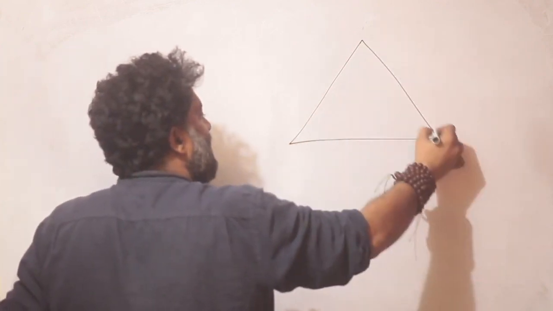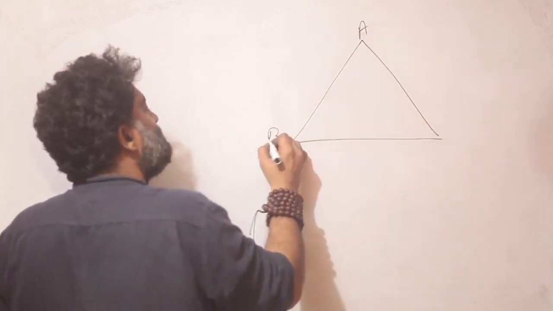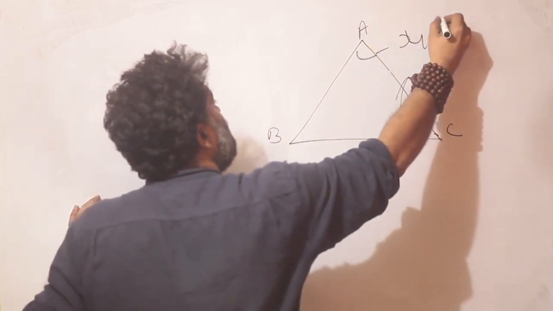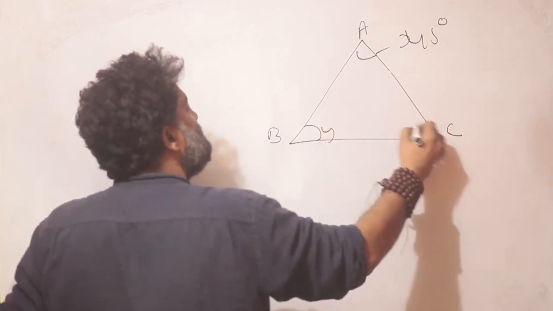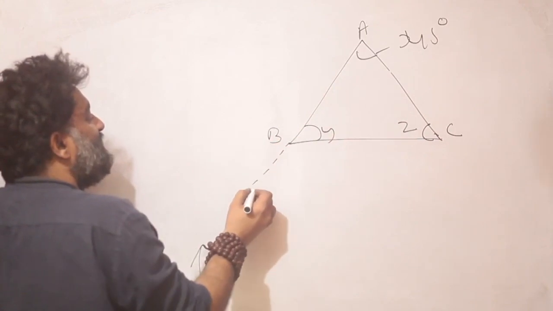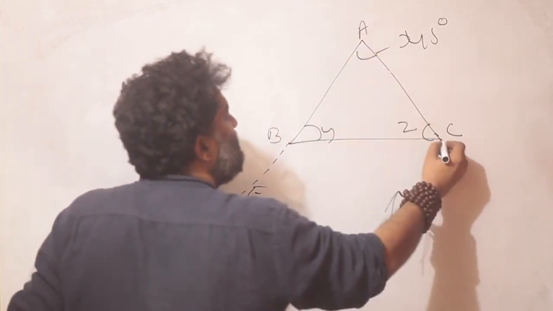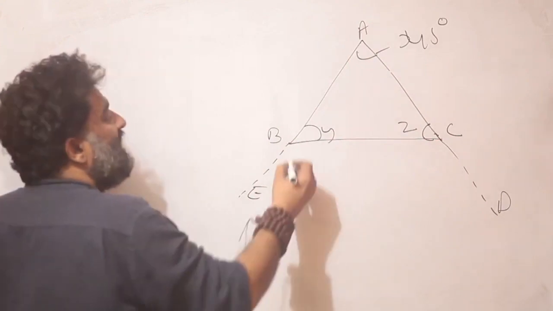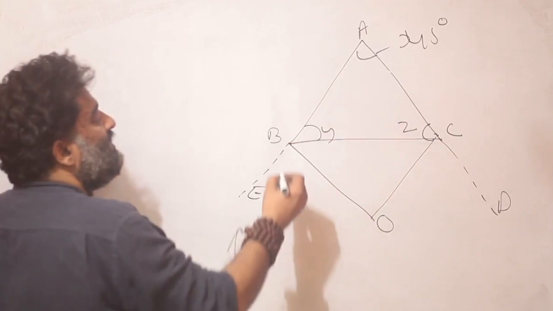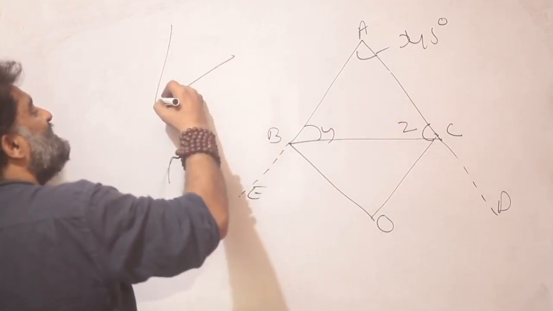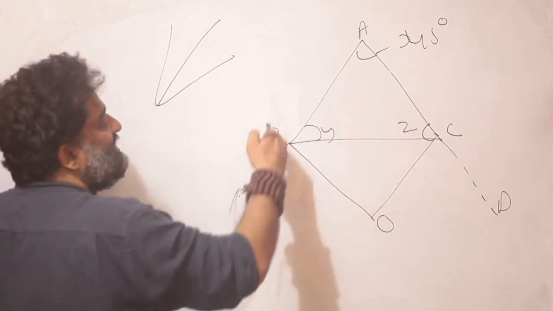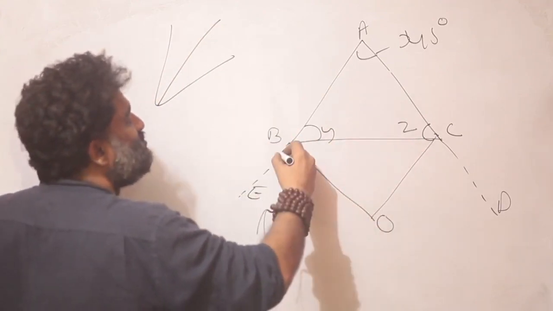There is a triangle ABC and this is given as 45 degrees and this is Y and this is Z. You don't know the values. Then it says the side AB was extended up to point D and side AC was extended, and let's call it point D. And then two angle bisectors were taken, BO and CO. What is an angle bisector? It divides an angle into two equal parts. That means the angle CBE is being divided, or bisected, into two parts.